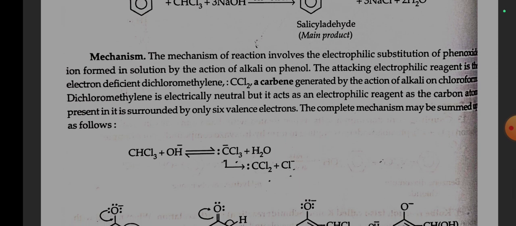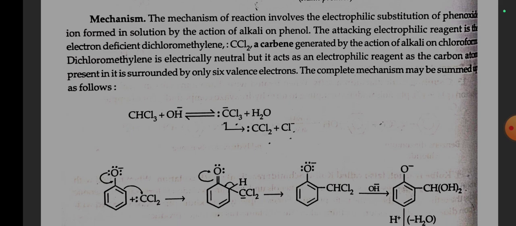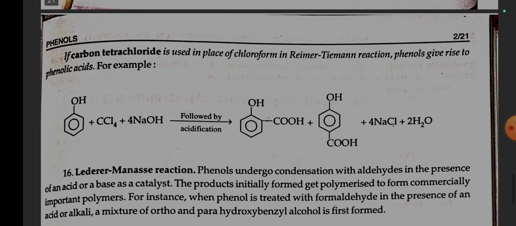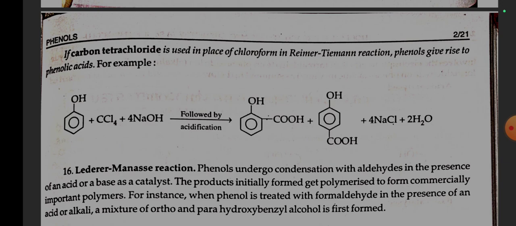Mechanism. The mechanism of the reaction involves the electrophilic substitution of the phenoxide ion formed in solution by the action of alkali on phenol. The attacking electrophilic reagent is the electron deficient dichlorocarbene, CCl2, a carbene generated by the action of alkali on chloroform. Dichlorocarbene is electrically neutral, but it acts as an electrophilic reagent as the carbon atom present in it is surrounded by only 6 valence electrons. The complete mechanism may be summed up as follows. If carbon tetrachloride is used in place of chloroform in the Reimer-Tiemann reaction, phenol gives rise to phenolic acids. For example,